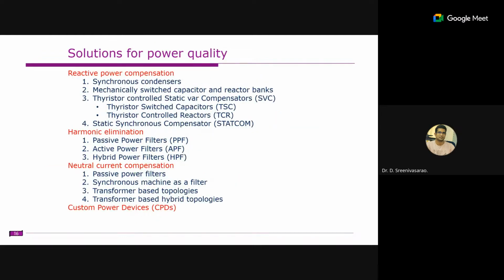There are several solutions for these power quality problems. The solutions are divided into several ways. One is the reactive power compensation, harmonic elimination, and the neutral current compensation. In early days, we had different solutions for different things. For example, for reactive power compensation, they may use condensers, static var compensators, thyristor controlled capacitors or thyristor controlled reactors. Right. So these things they used in early days, and also they used the STATCOM in case of distribution level to